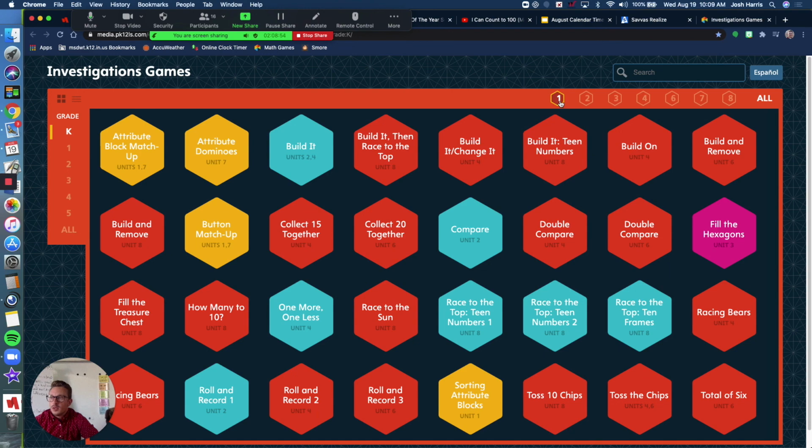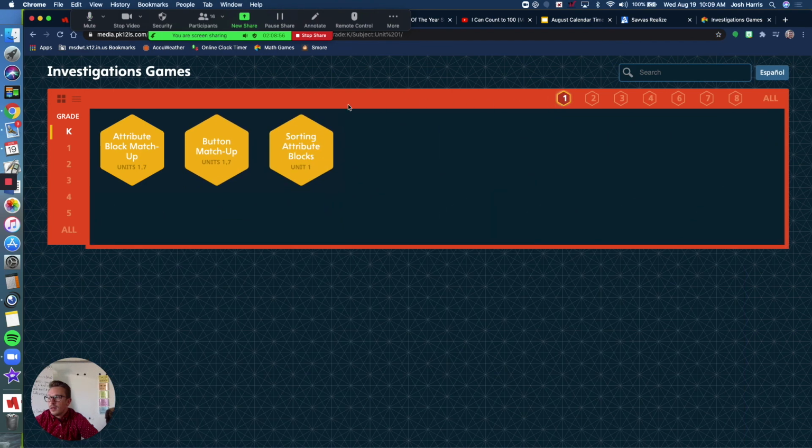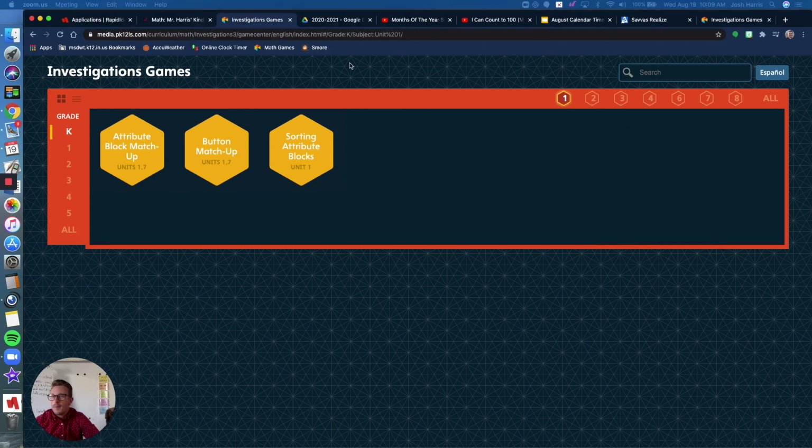But if you click on this one up here, there are some other games you can play. So you can play button matchup, attribute block matchup, sorting attribute blocks. So there's some other games in there that you can play and work on when you're not listening to me talk on your screen, okay? So that is another place where you can go to do some learning. So what we're going to do is I'm going to